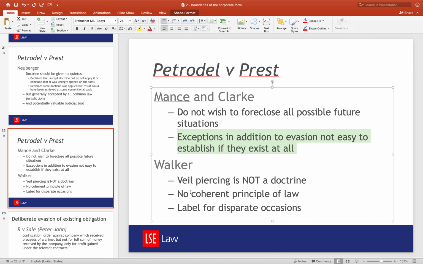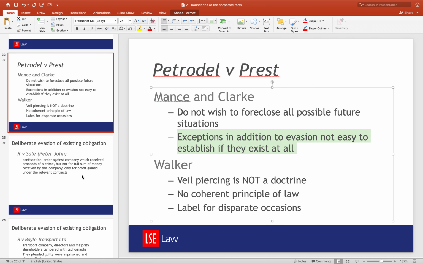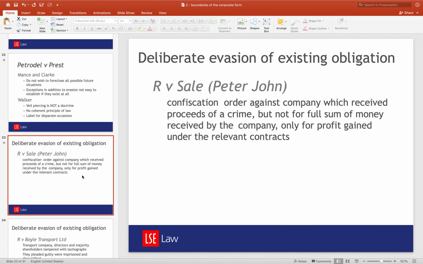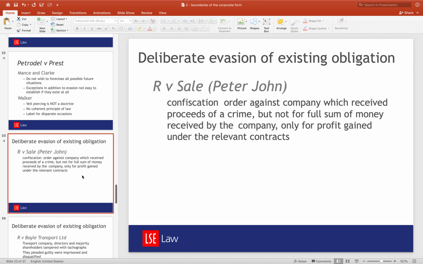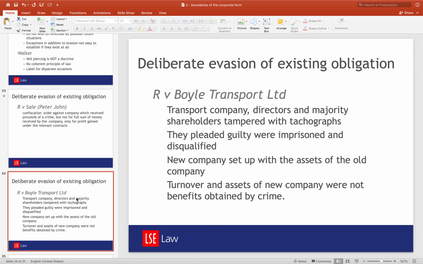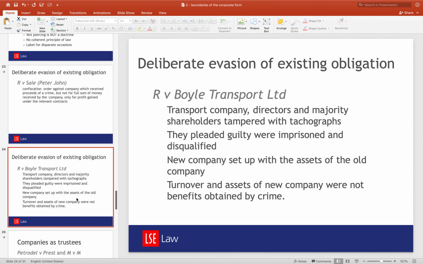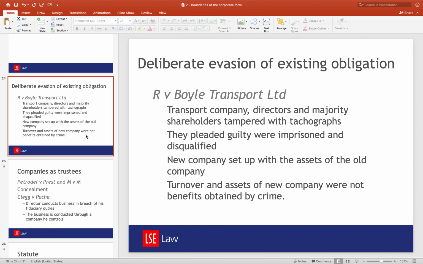Then for the distinction of evasion and concealment, that's a difficult distinction to make, and I note that not all the members of the Supreme Court endorse that sort of distinction. So that's Sumption's big point, and of course it's a Supreme Court decision and a very eminent judge, but because it's also not easy to make as a distinction, we'll probably see some movement on that. And then here are examples of how this deliberate evasion of existing obligation has been usefully employed in the context of criminal law.